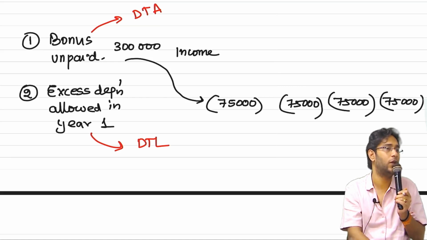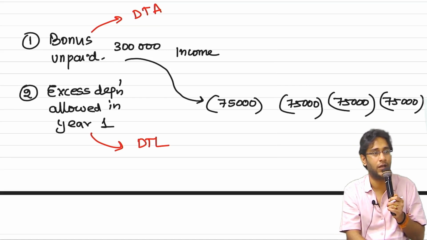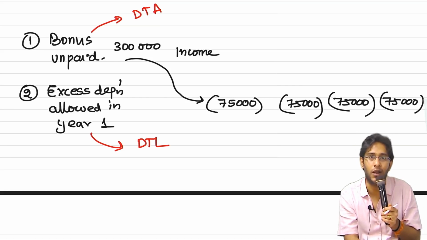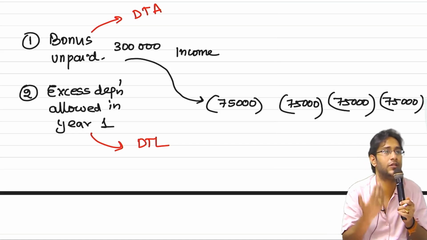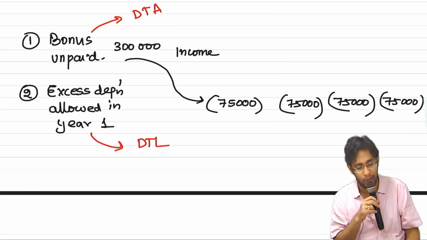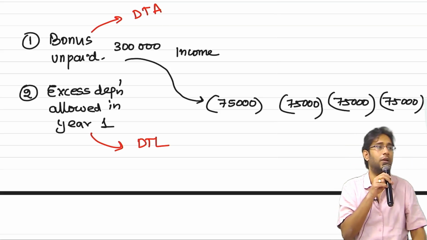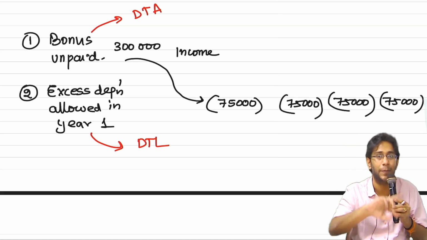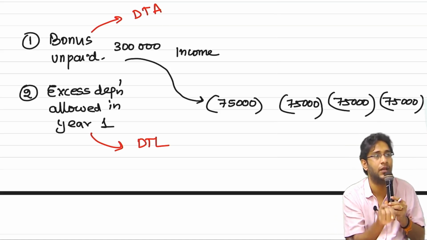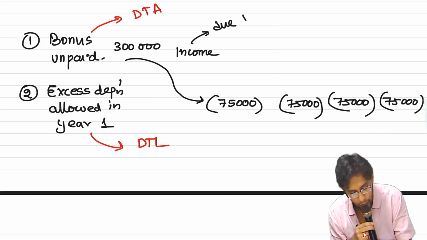This fellow says, sir, you forgot. First year you gave me extra depreciation allowance. Because of that I paid lower tax. From next year onwards in my P&L, I will write depreciation. What will you do? You will disallow. Whenever you disallow, what will happen? A disallowance will create a taxable income. Even though you earn zero income, because of depreciation disallowance, taxable income is getting created. So income due to